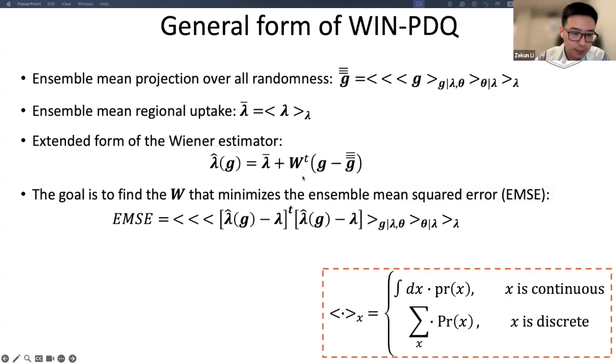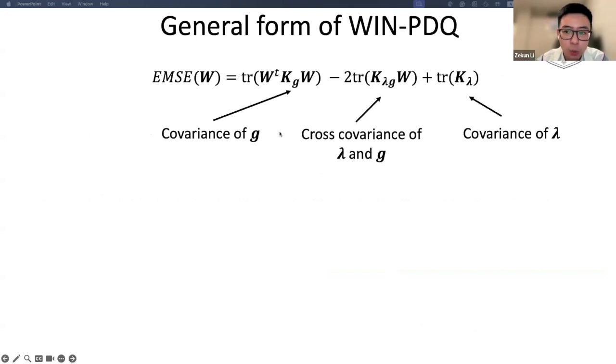The goal in the following derivation is to obtain the estimator, that is, to find the W that minimizes the ensemble mean squared error given by this expression. For this goal, we need to first find the explicit and feasible-to-implement form of EMSE as a function of W, which is the estimator matrix. With some derivations, this EMSE value can be expressed by this formula. This is quite similar to that for the linear estimator. The only difference